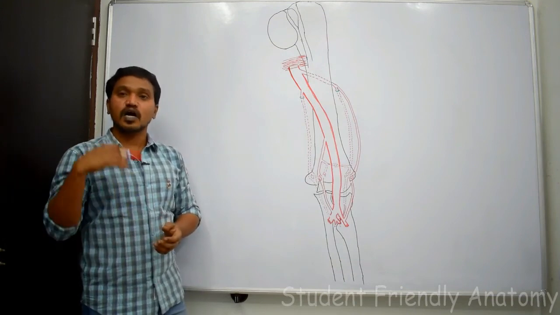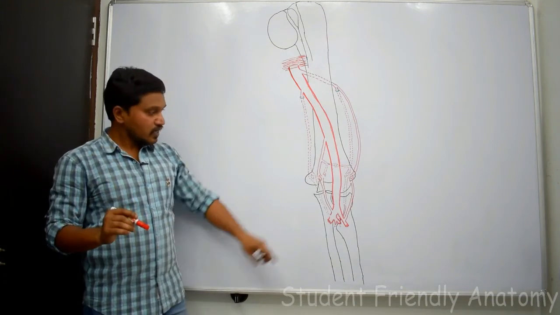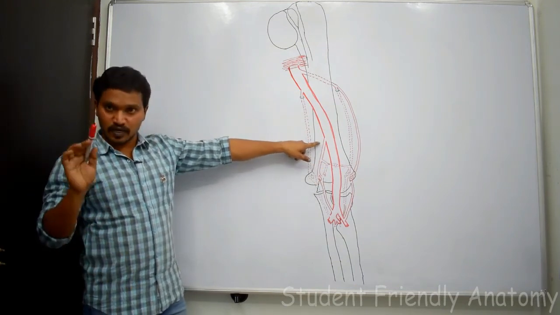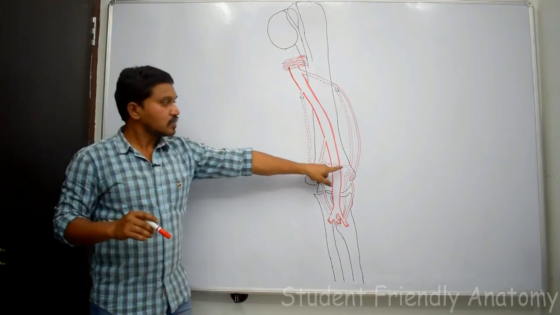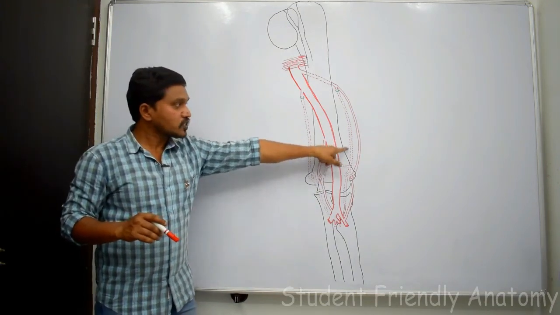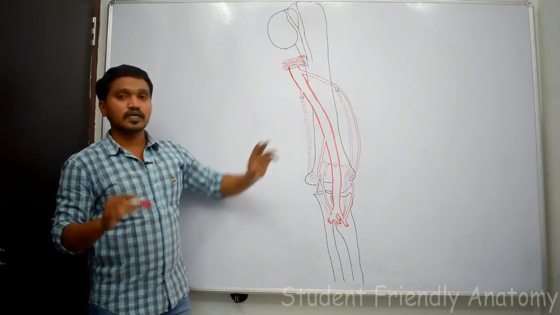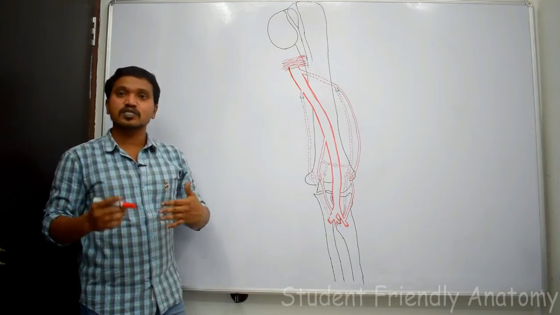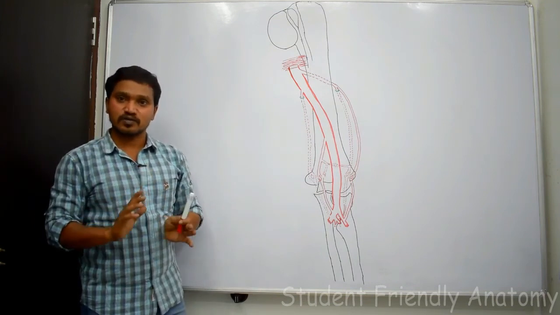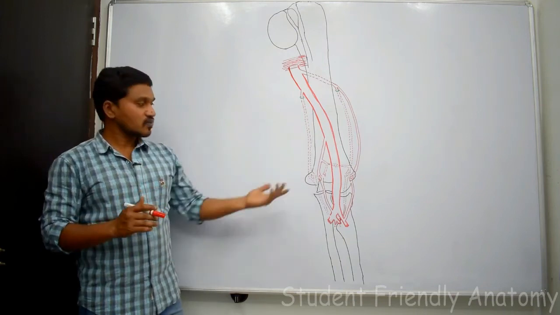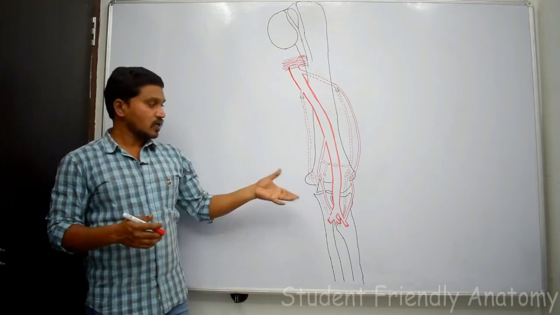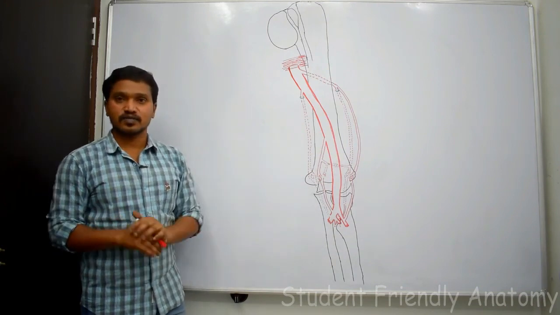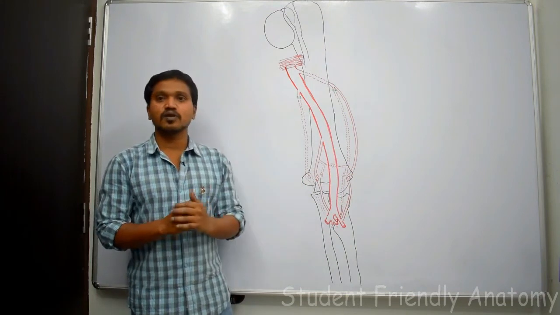So the anastomosis above the olecranon process is formed by the transverse branch of the posterior division of inferior ulnar collateral artery and the transverse branch of the posterior descending branch of profunda brachii artery, right? So these two arteries form an anastomosis above the olecranon process, right? So these are the few extra points. If you can remember, remember. Otherwise, remember 4 arteries medial side, 4 arteries lateral side. That is sufficient. So this is the anastomosis around the elbow joint.